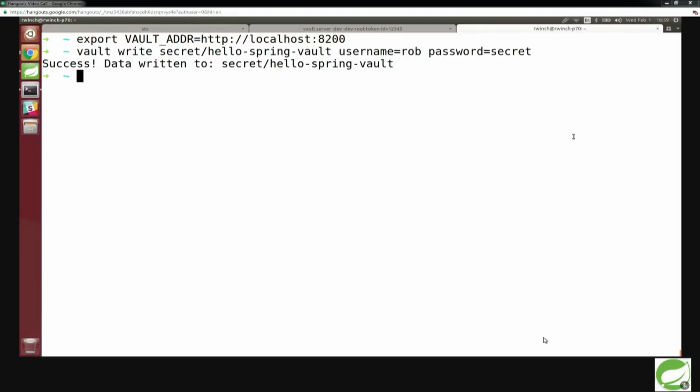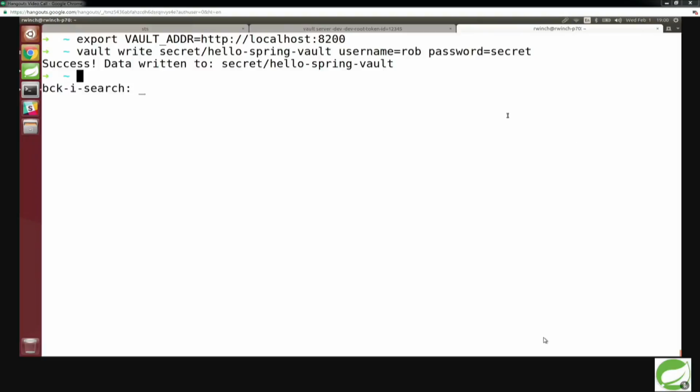You could view it as secret/hello Spring Vault being the whole key, or you could say the secret is the namespace, or you can break it out however you want. But secret is basically saying how you're going to persist that actual key because it's a prefix. And then username equals Rob and password equals secret. That's the data that you're going to actually store.